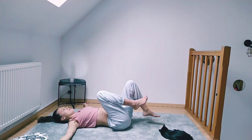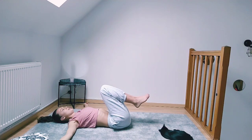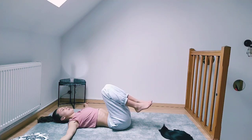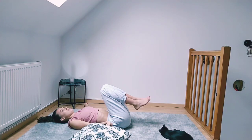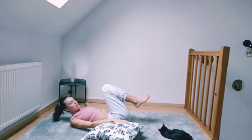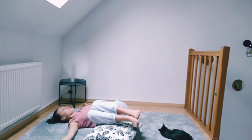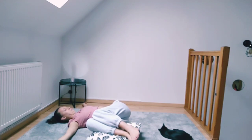Let's bring the knees to the chest, relaxing your feet, legs, ankles, lower back. Very gently rocking your knees to one side to the other side. And if you'd like to have a bit more of a restorative twist, maybe using some cushions or a bolster under your legs, relaxing your legs all the way down onto your mat, onto your cushions,